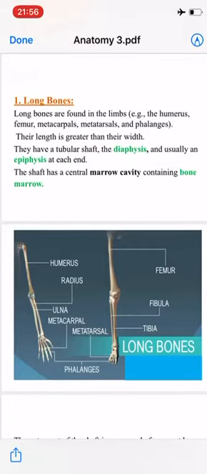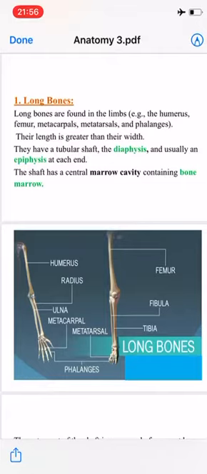Long bones are found in the limbs, موجودة بالأطراف: humerus, femur, metacarpal, metatarsal and phalanges, ذكرناها سابقا. هذه العظام their length is greater than their width، ميزتها أنه يكون طولها أكثر من عرضها. They have a tubular shaft وتمتلك جزء في المركز يسمى